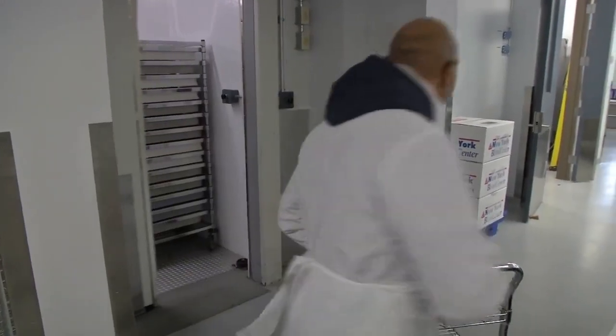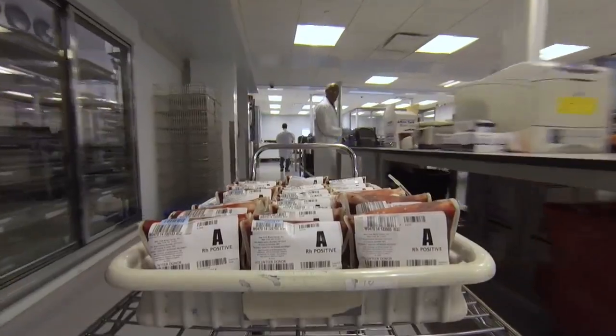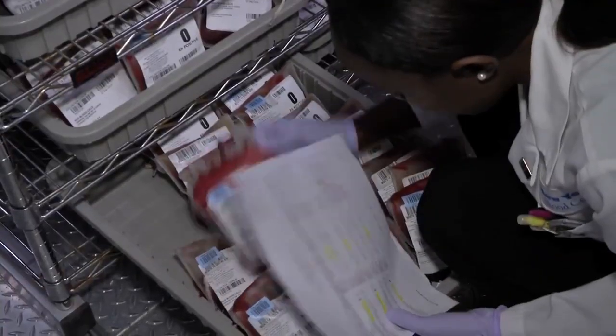The problem when you freeze a unit of blood is that the hospital has to thaw it and use it within 24 hours. But for most, it's off to the blood center's hospital services department, where it's prepared for delivery to hospitals. Here in the hospital services refrigerator, this blood is ready to go. And you're seeing a big portion of the blood that's going to be used at New York City hospitals in